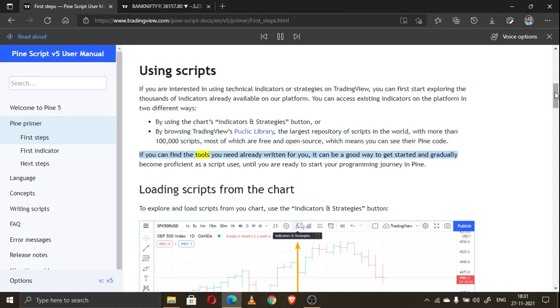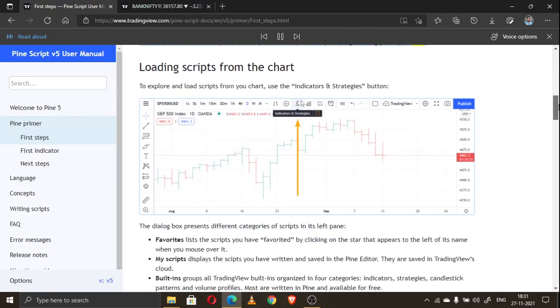If you can find the tools you need already written for you, it can be a good way to get started and gradually become proficient as a script user until you are ready to start your programming journey in Pine.